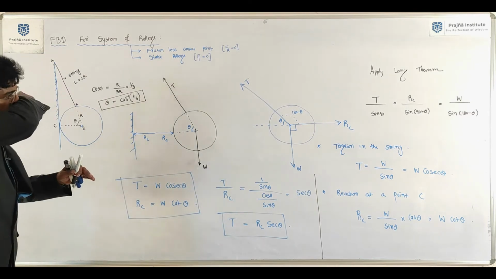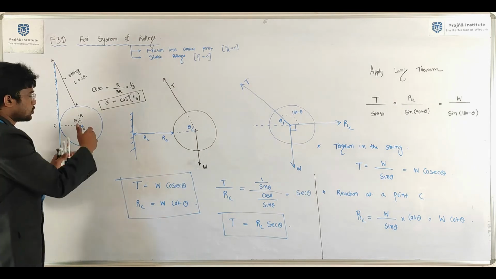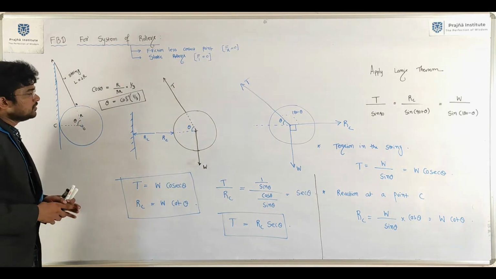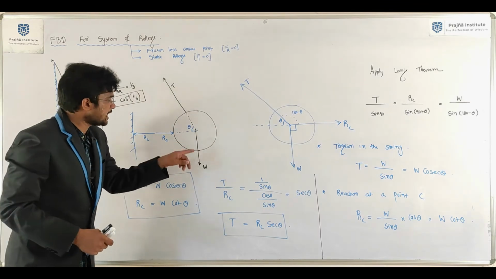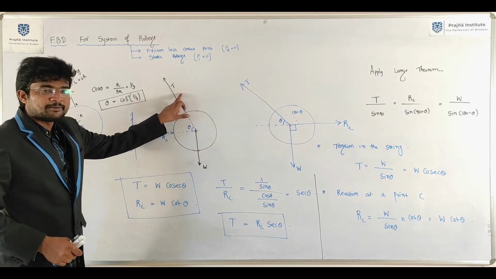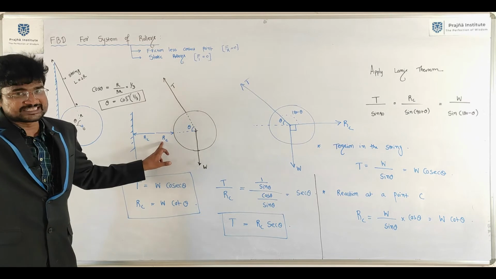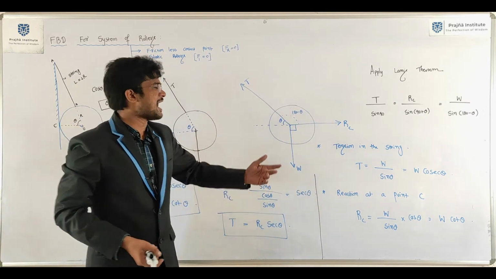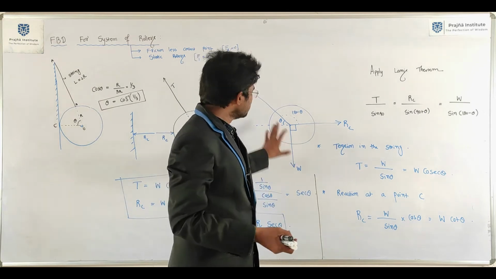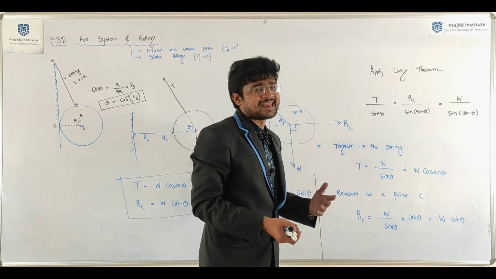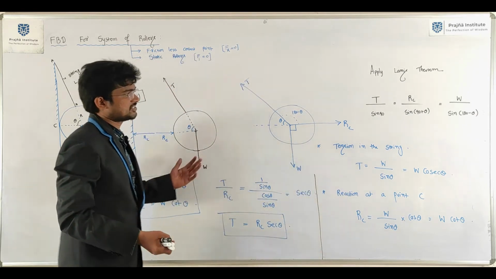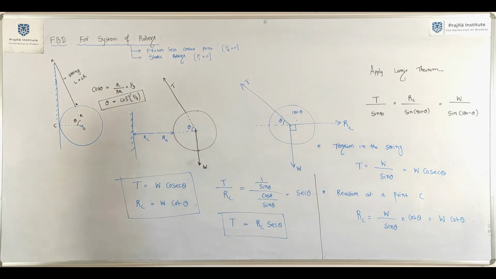This is all about the single roller problem. This roller is not rolling here. It is at static position. We use first statement, second statement, third statement and fifth statement. That's it. Just apply Lami's theorem or sine rule. It is small only. Just apply Lami's theorem. Then you will get tension in the string and reaction at the contact point.